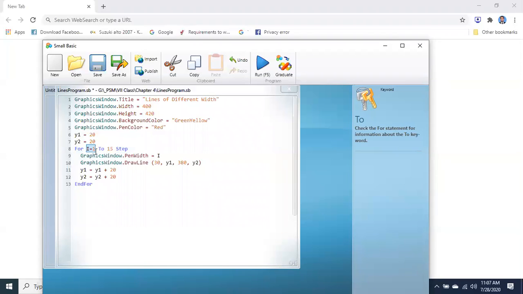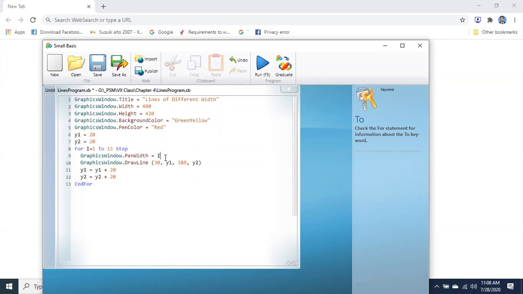In the second line, the value of I will be 2. In the third line, 3. In the fourth line, 4. In the fifth line, 5. So in each next line, the thickness of the line will be increased, because we are increasing the pen width.